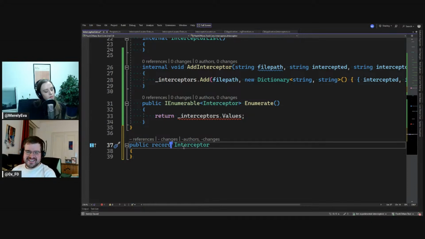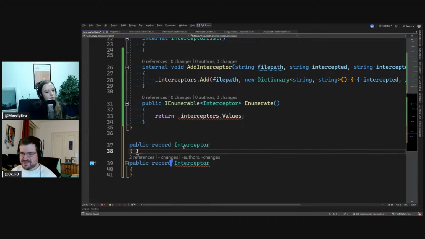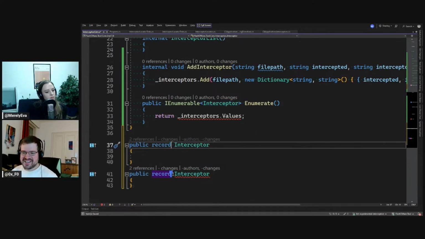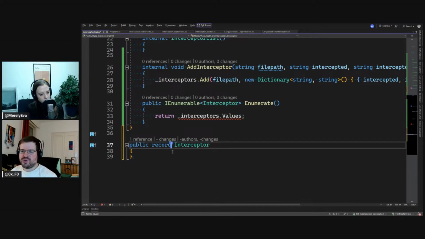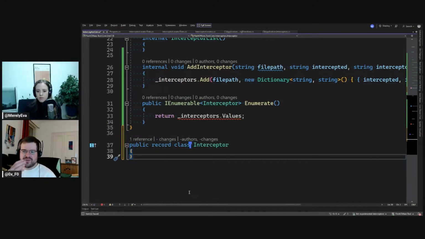But I personally find it weird if for the classes you omit the keyword, and for the structs you explicitly state the keyword. So I personally prefer to always explicitly declare the class keyword to make it obvious and explicit. But it is, as you said,